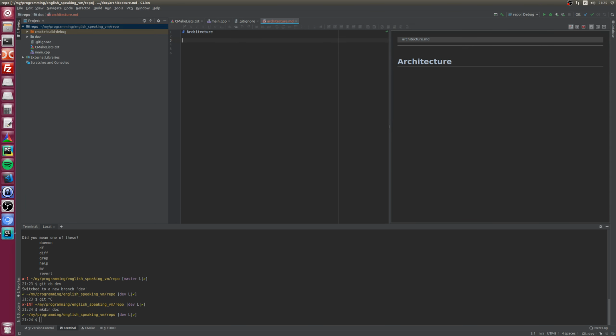Okay. Oh, cool. It's a live view of the markdown here. Thanks, CLion. Now, I haven't invented any architecture yet in my whole life, so I will just improvise.